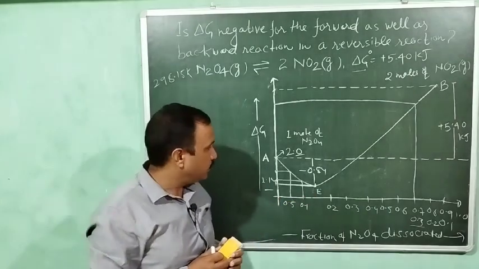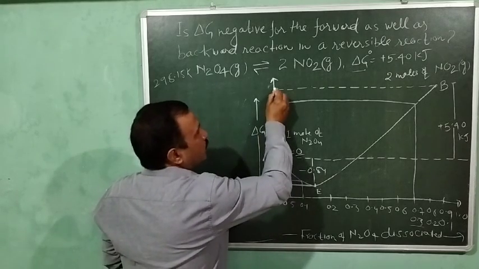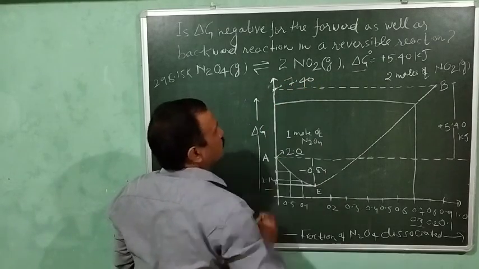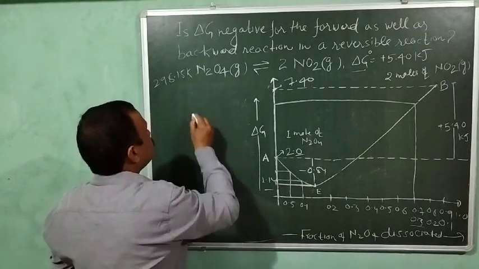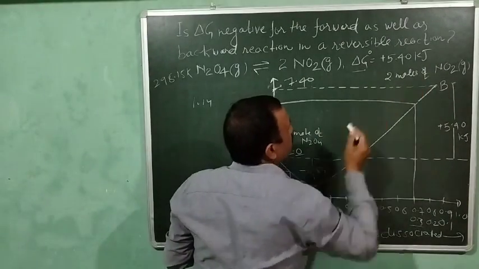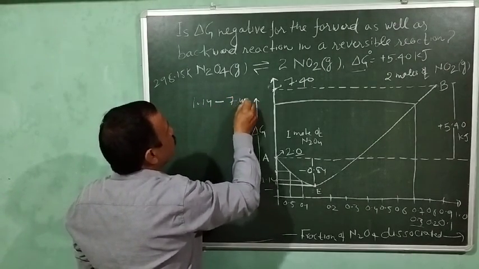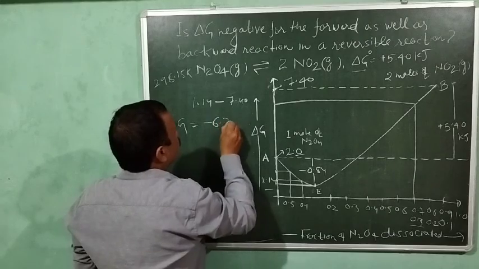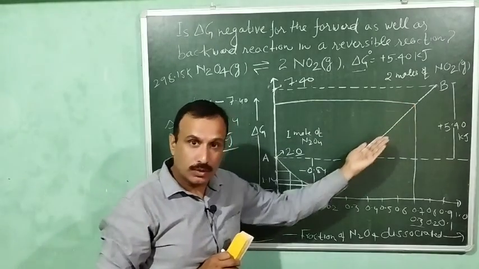और चलिए इसको कुछ वैल्यू के साथ एक्सप्लेन करते हैं। तो जैसे इसको मैंने एक वैल्यू असाइन कर दी थी 1.14, इसको 2.0, तो इस वैल्यू को भी वैल्यू दे देते हैं और ये वैल्यू आपका हो जाएगा 7.40। ठीक है, तो इक्विलिब्रियम मिक्सचर हमारा प्रोडक्ट हुआ, तो इसकी जो फ्री एनर्जी है वो कितनी हो गई 1.14 है। ठीक है, और जो हमारा पॉइंट बी है, इसकी जो हमारे प्रोडक्ट्स हैं उनकी जो फ्री एनर्जी है वो कितनी हुई 7.40 हो गया। तो जो डेल्टा जी आएगा वो कितना आएगा, दैट विल बी -6.24 किलो जूल्स।